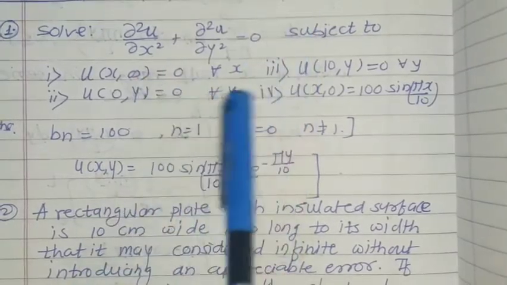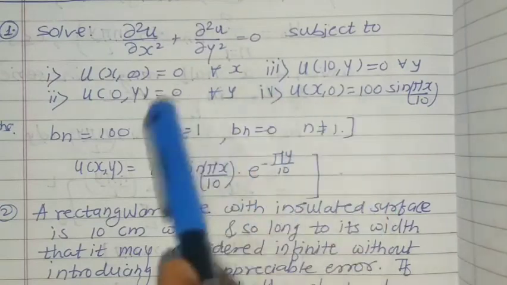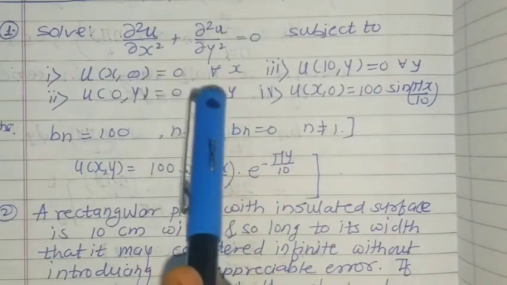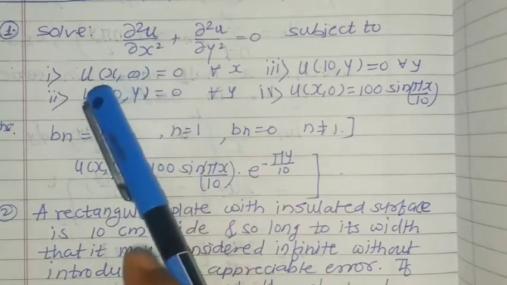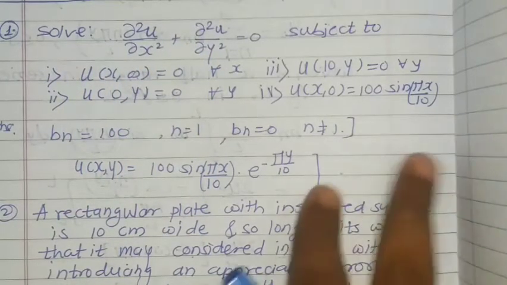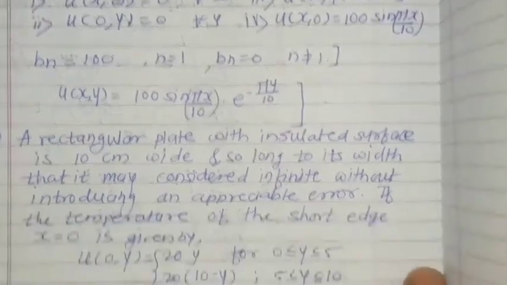This will be the final solution of the problem. So whenever the equation is given in the form of equations with conditions, directly you start your calculation, and the appropriate general solution you need to consider while solving the problem. That depends upon whether x is infinity or y is infinity. Accordingly you need to do the changes. So try this at home, and if you need any kind of help you can ask me.